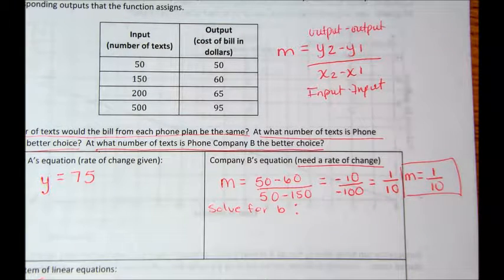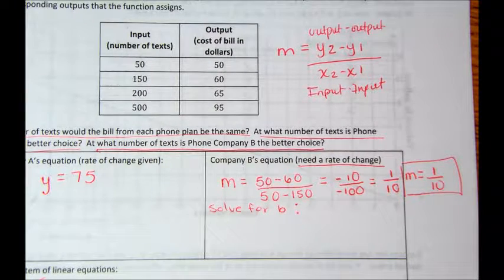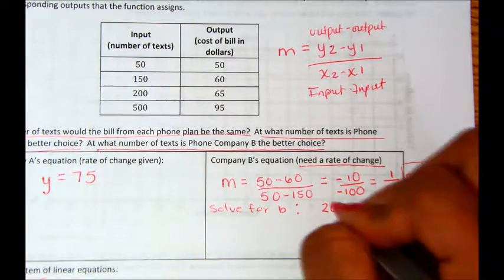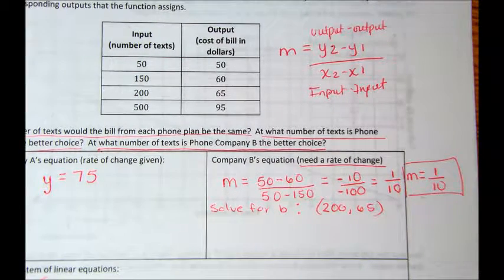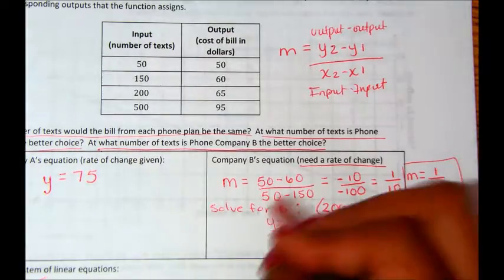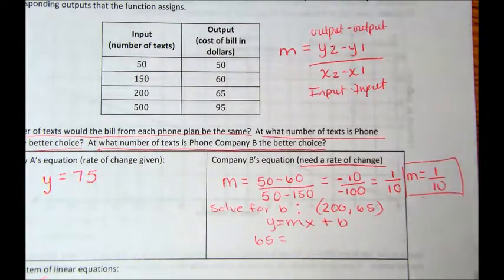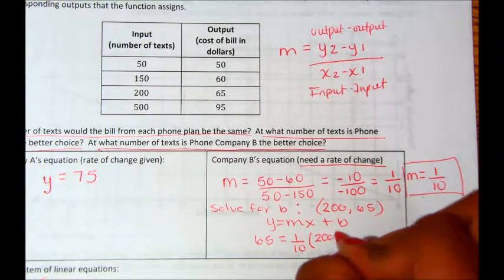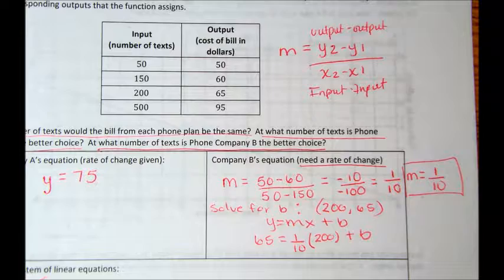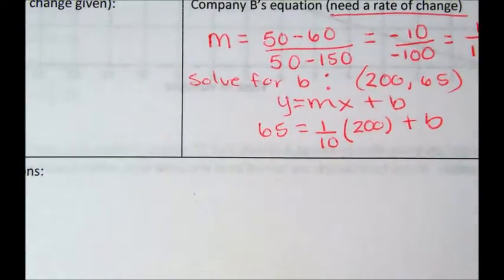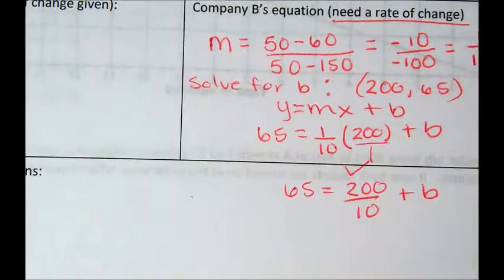Given an ordered pair, what does the equation look like to solve for b? The ordered pair is 200, 65. Yeah, I know that I'm substituting into y equals mx plus b, so I'm going to replace y with 65. I'm going to replace m with 1 over 10. I'm going to replace x with 200, and I'm going to make sure I still have my b in the equation because I'm solving for it. All right, so to begin to get the b alone,